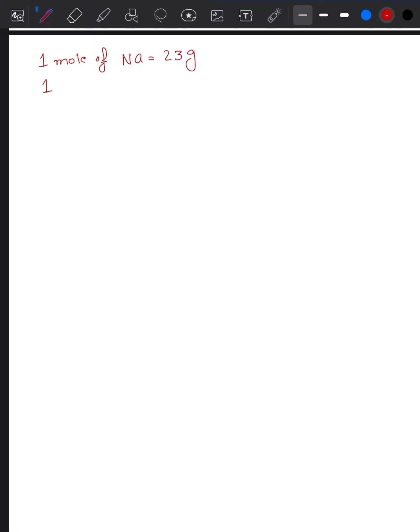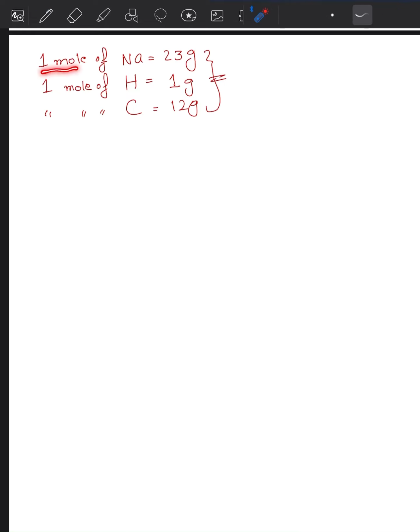If I have 1 mole of hydrogen, it has a mass of 1 gram. 1 mole of carbon has a mass of 12 gram. Actually, this is the atomic mass of these atoms. So we can say that the mass of 1 mole of any atom is equal to its atomic mass